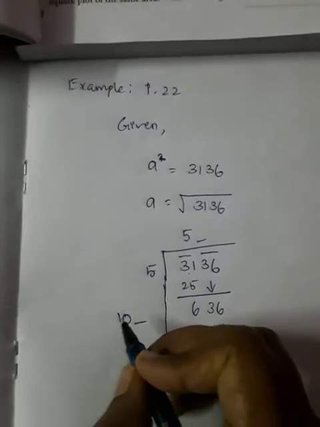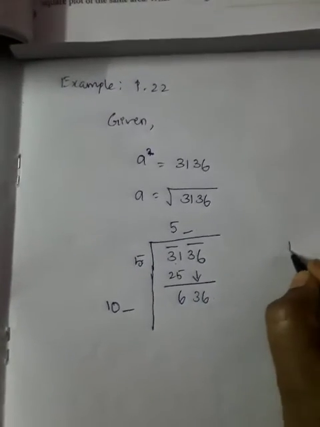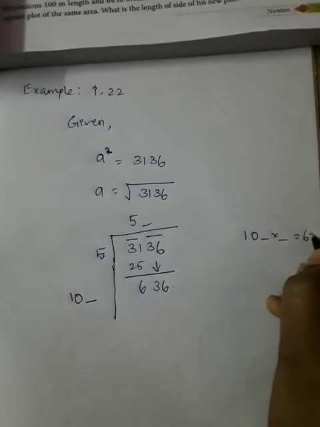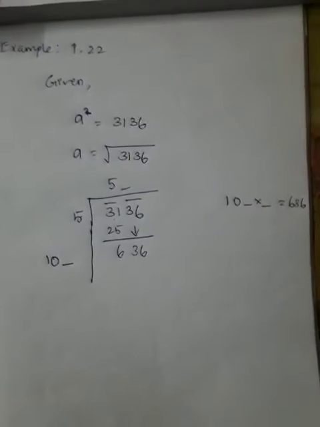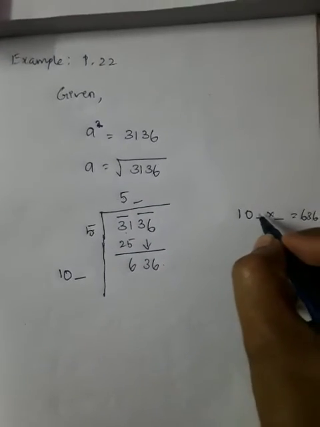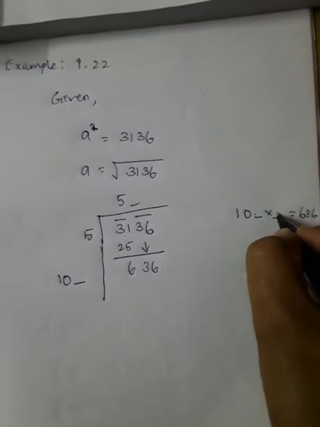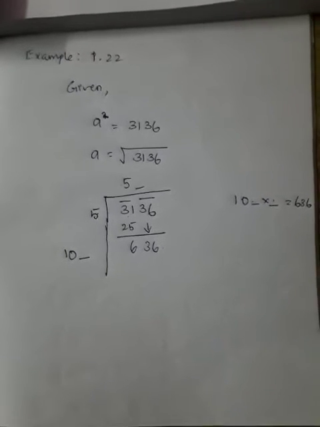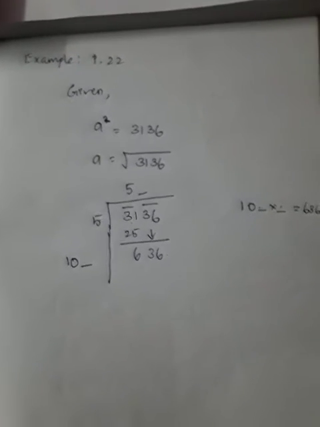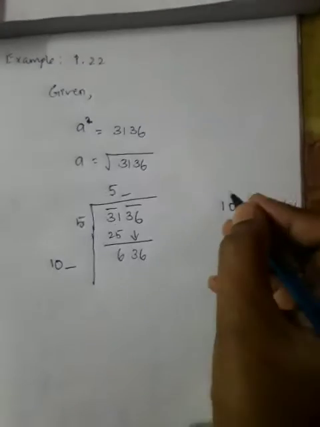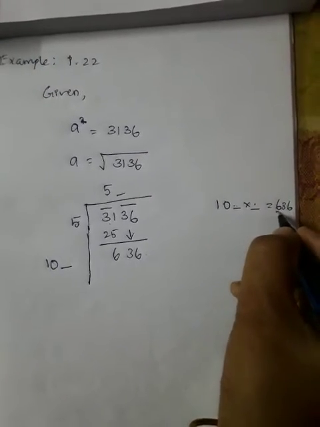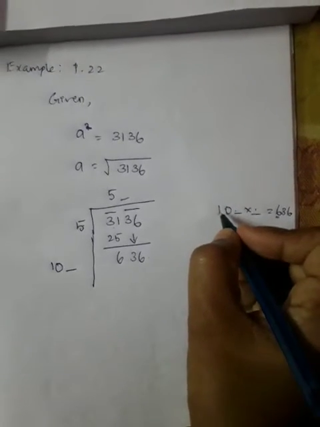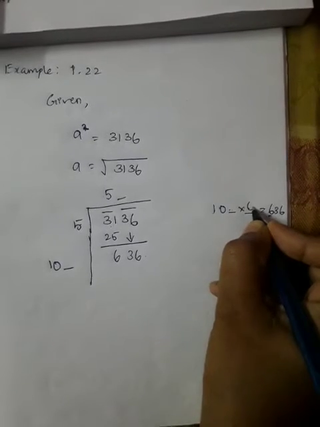Now 1 not dash into not dash is equal to 636. Whatever number you are writing here, the same number you have to write here, because of the square number. Already I said, if it is a square number, you have to use only the same numbers wherever you are doing the multiplication. So it is very easy, no? What is the first number? 6. What is the given first number here? 1. How can you make this 1 a 6? 1 6 is 6. So you just try to put 6.